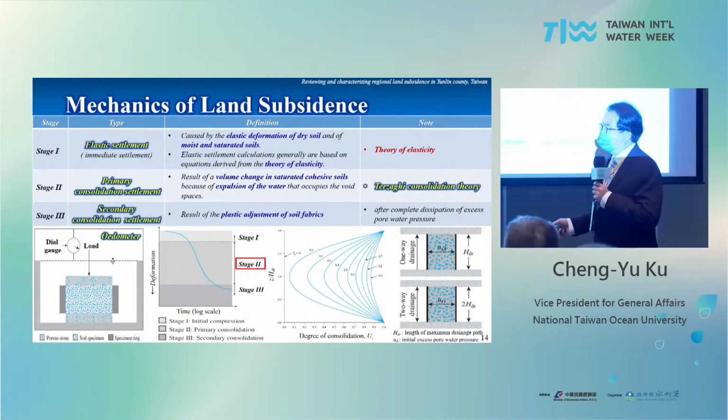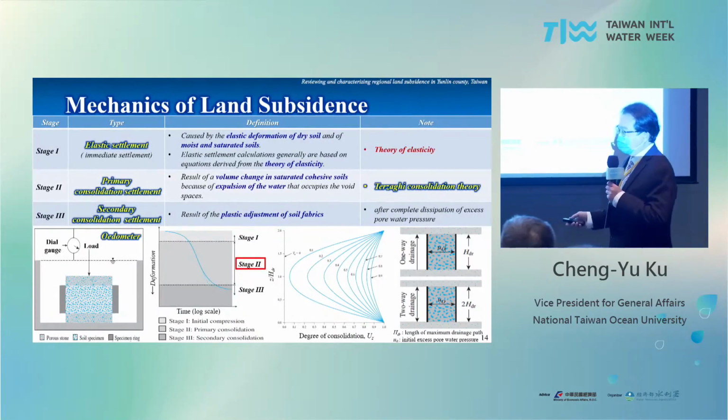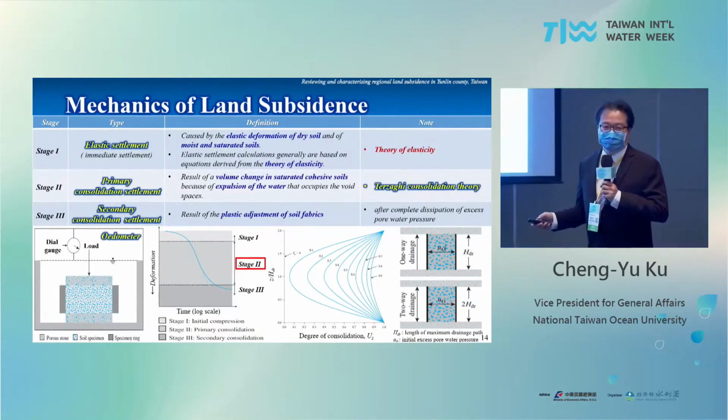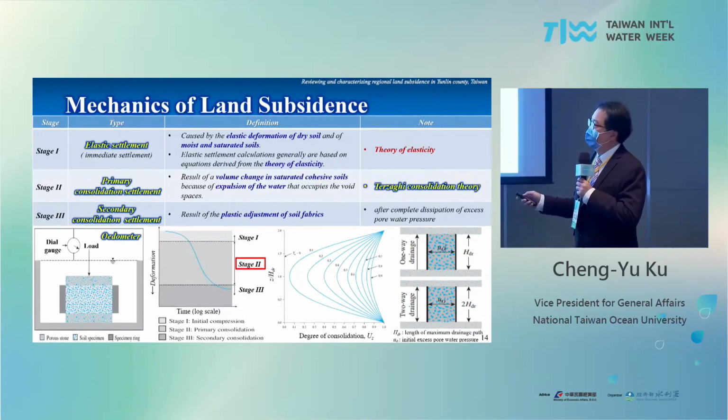with time, we will find that the soil sample will have deformation. This is a vertical deformation. If we plot the result in here, here is the deformation on the vertical axis, and the horizontal axis is time. We will find 3 stages of compression, 3 stages. The first stage is the